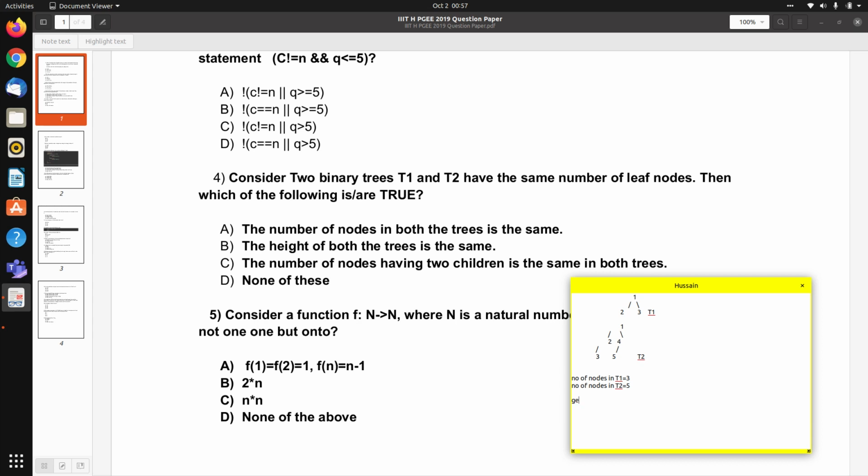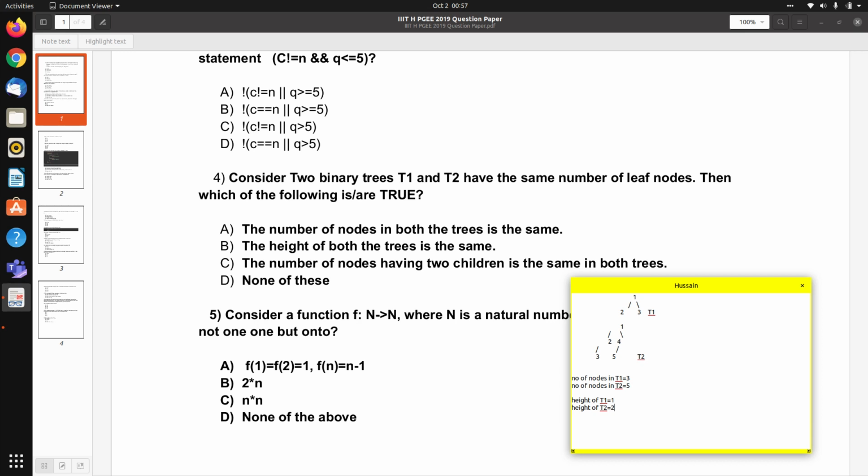Height of T1 is 1, height of T2 is 2. So option B is again eliminated. We produced a counter example to prove A and B false.